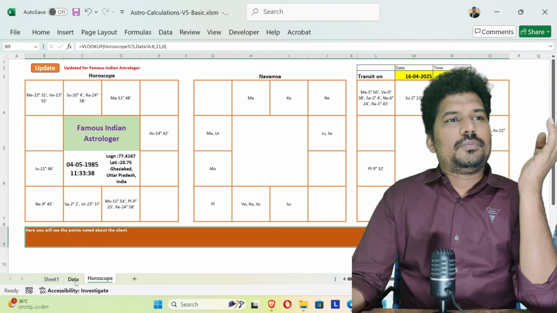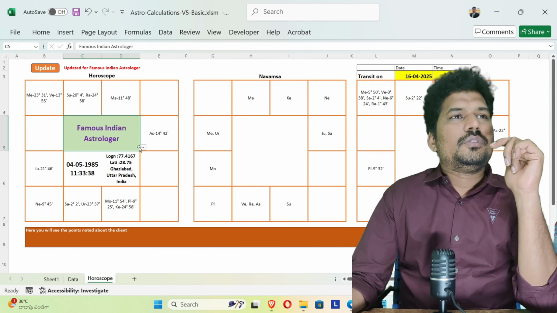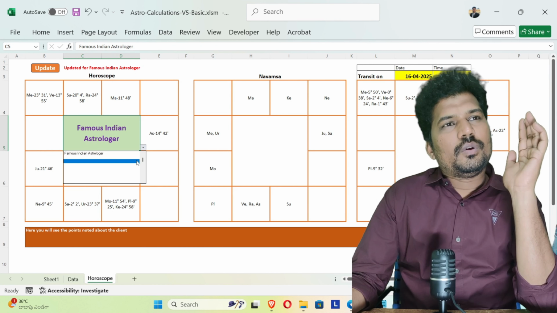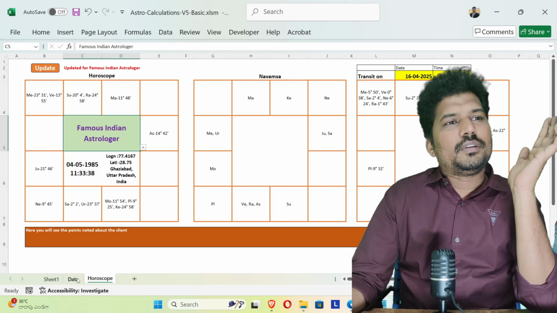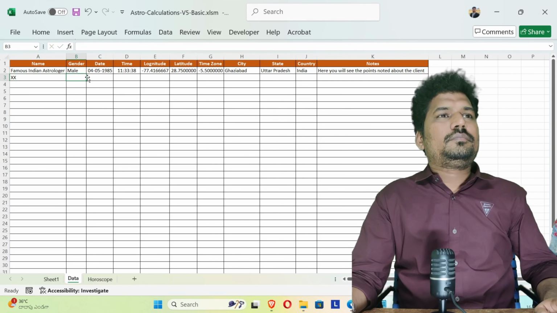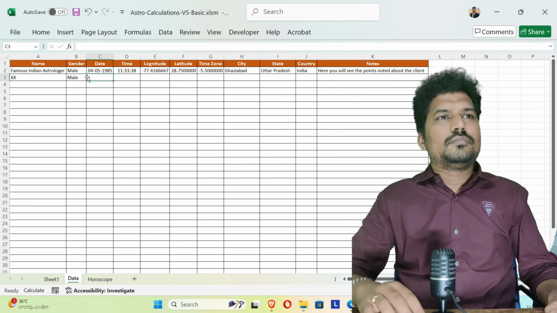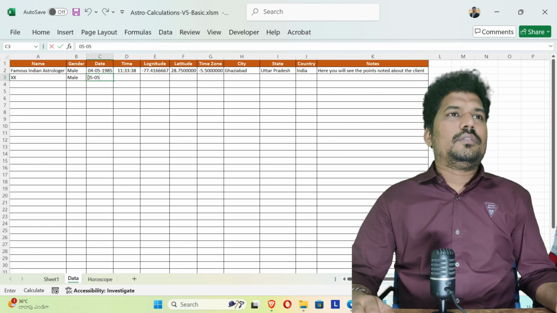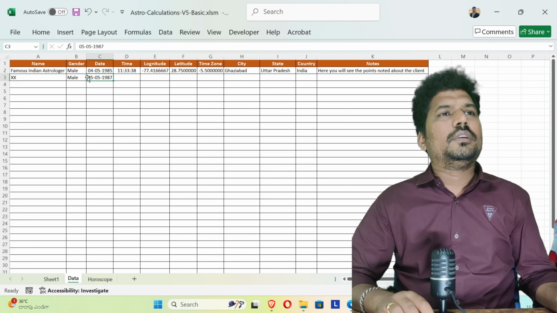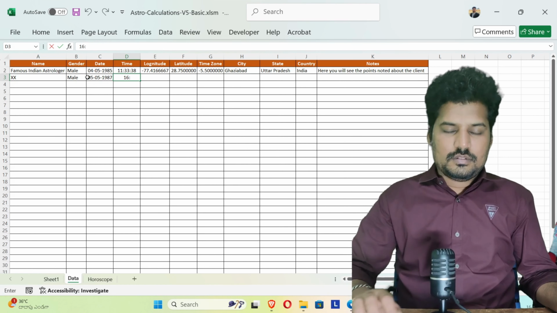So if you want to create the horoscope of a person whom you have updated here, you just need to come here, and the names you have updated there will appear here. For example, I am updating some X, say male, say 05-05-1987, say 1600.